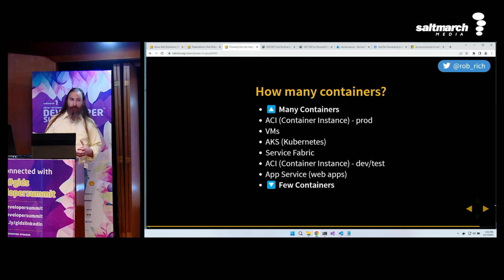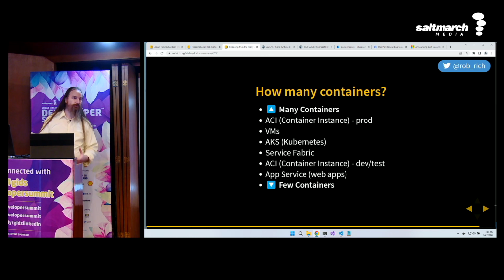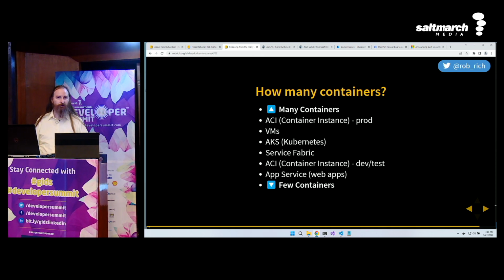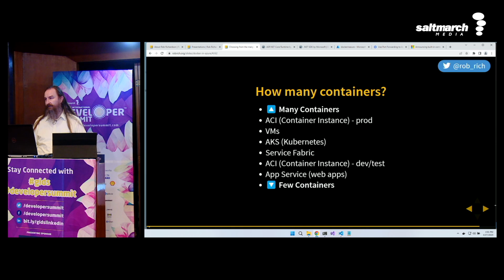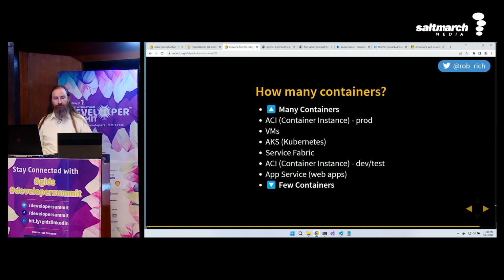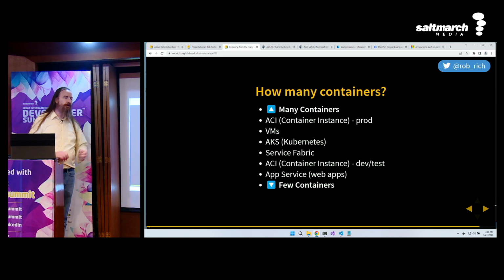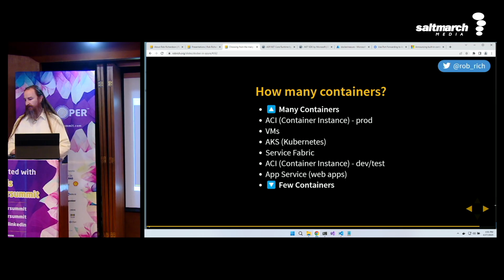Now, that might be perfect. If I have a monolith and I want to launch it inside of Kubernetes, then Azure App Service might be perfect. If I want to quickly spin up a test and see if that works in the cloud, then Azure Container Instance might be great. If I get to more of a microservices platform, then I'll start crawling up this diagram, and AKS may make more sense, or Azure Container Apps.